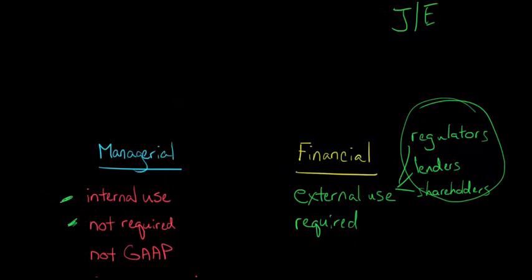it doesn't have to follow GAAP. Right, so a firm, a CEO, whatever, some organization can come out with whatever kind of managerial accounting numbers they want. They can just disregard certain types of things. They can say, we don't care about marketing expense. We can just do whatever. And that's okay because they don't have to follow GAAP.